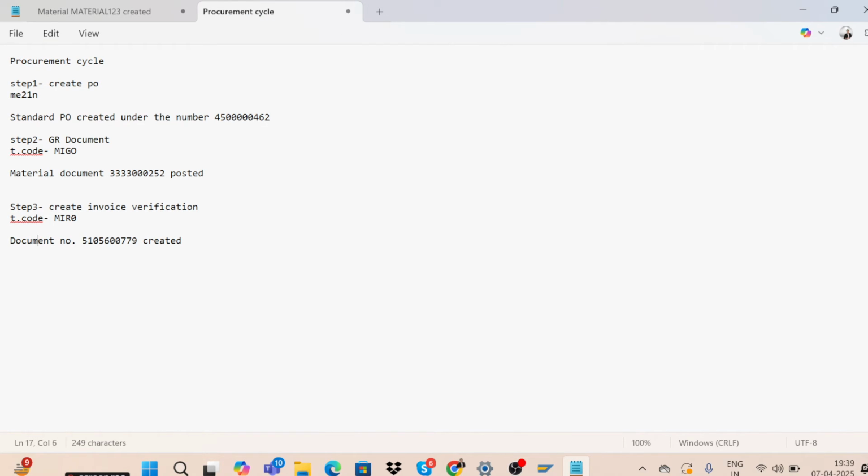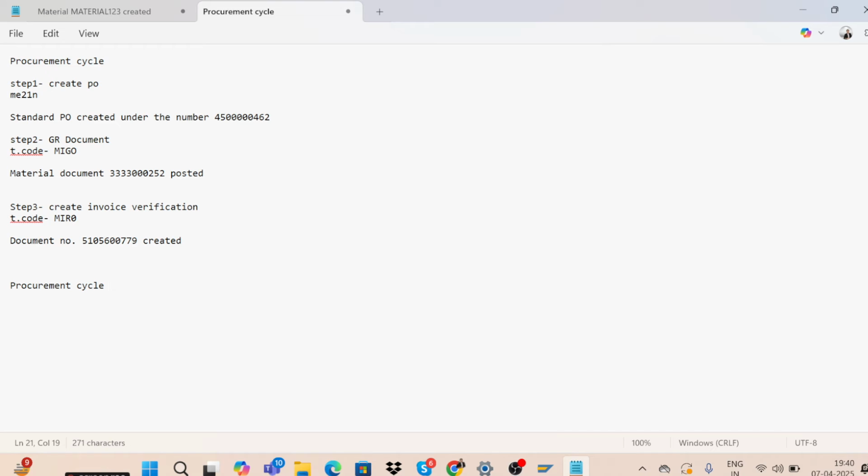But first try to do the procurement cycle 4 to 5 times, then only jump to reversal, because the same transaction is used for reversal.